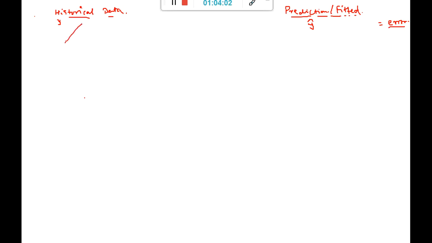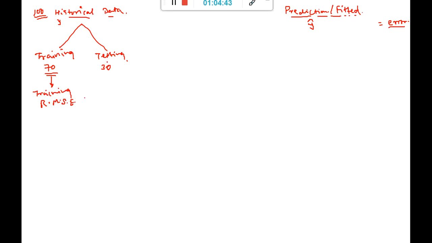Now if I split this historical data into two parts, one is called train or training data, and one is called testing. If suppose I have 100 data points, observations in historical data, I will maybe put 70 observations in the training set, 30 observations in the testing set. I will write a prediction model on this training set, and I will calculate the training RMSE, because this model is going to give me a root mean square error.